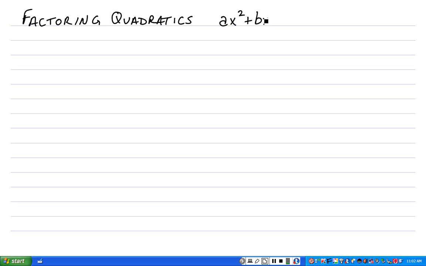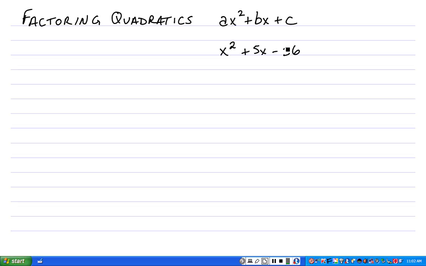This session we will discuss factoring quadratics. In particular, we're talking about a trinomial that fits the form of ax squared plus bx plus c. An example would be something that looked like, let's say, x squared plus 5x minus